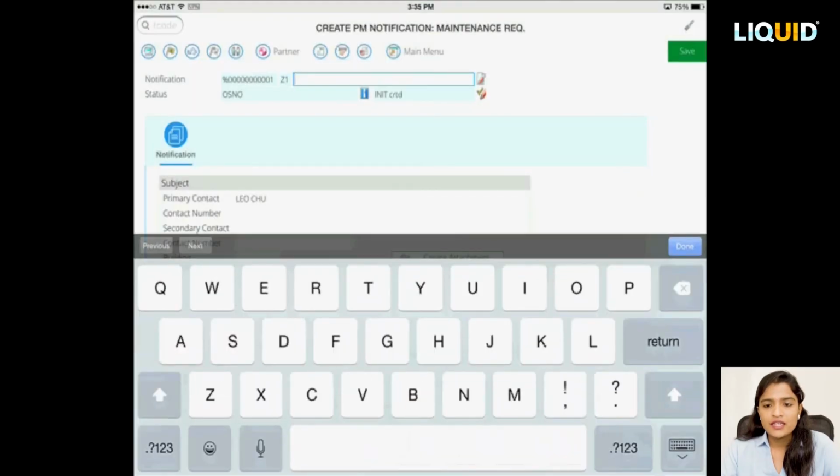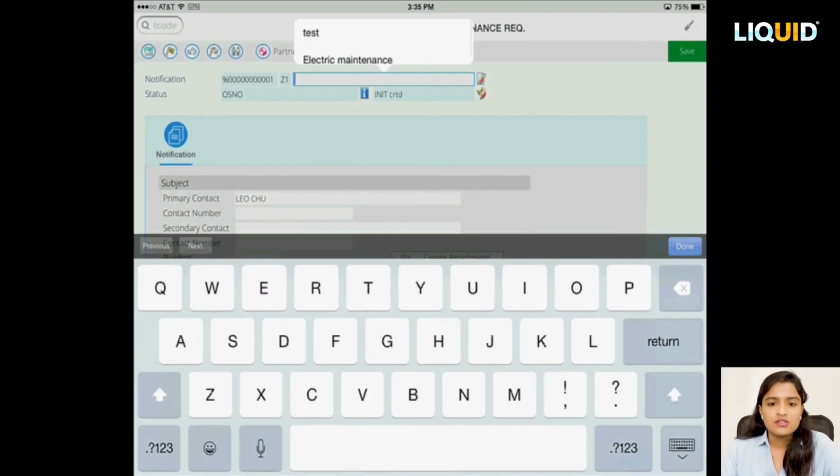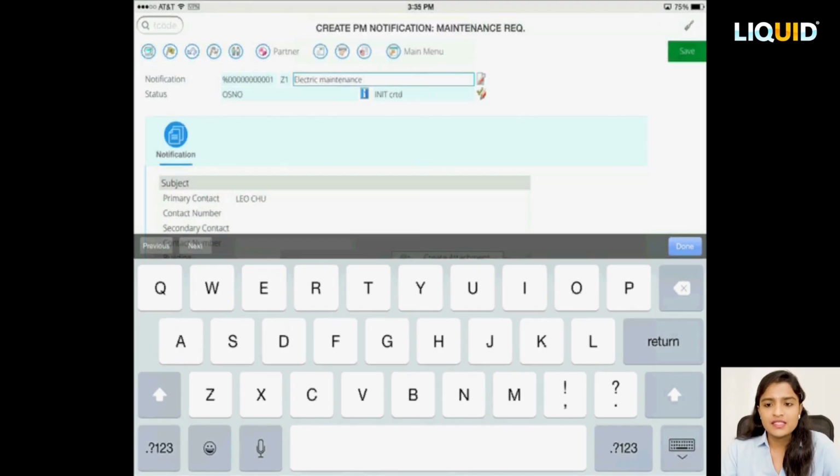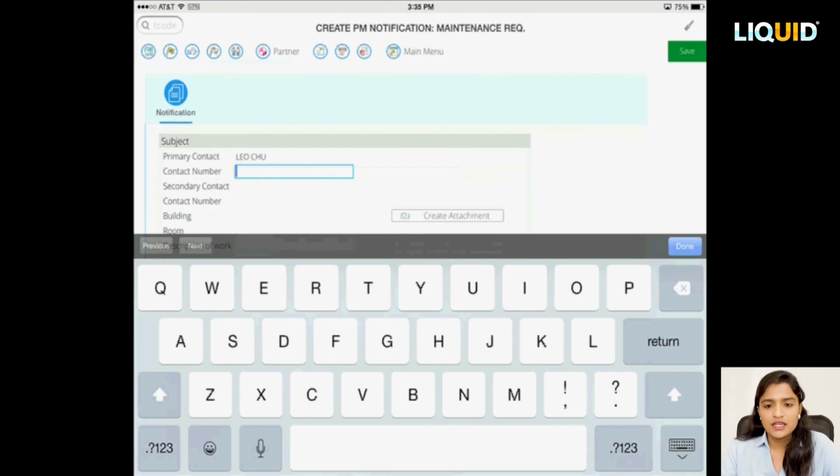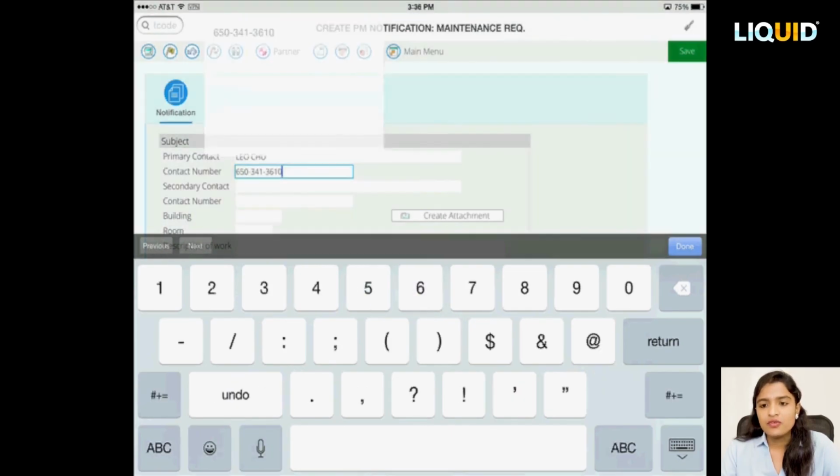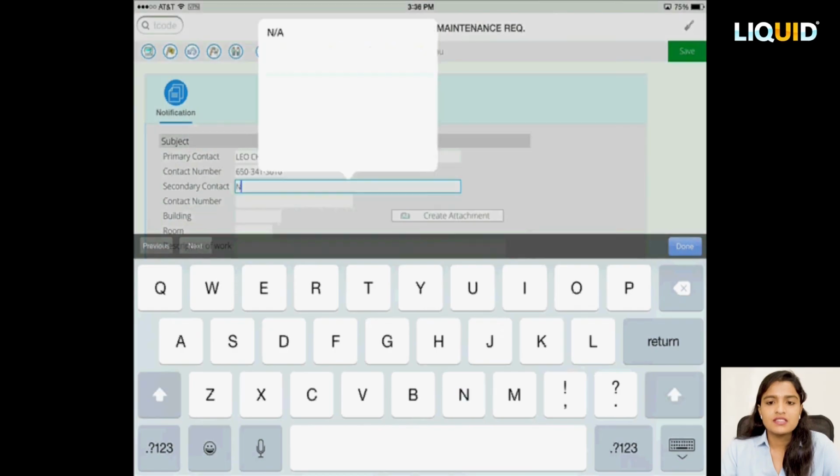So we are now navigated to the maintenance requisition screen here. As you can see, generally in the SAP GUI standard interface, you have a lot of tab structure and you need to enter a lot of data. But here, we have simplified this process, and only the necessary information is shown as we designed it, so that the user uses this UI to create a notification. So on the notification tab, let us enter the description: electric maintenance. Enter the contact number, contact details, and we also created the attachment button in case the user wants to upload